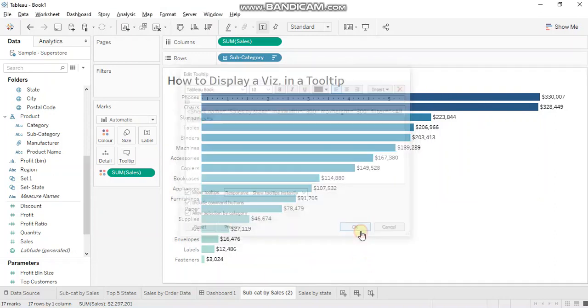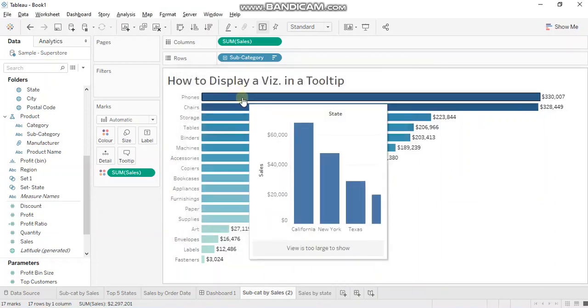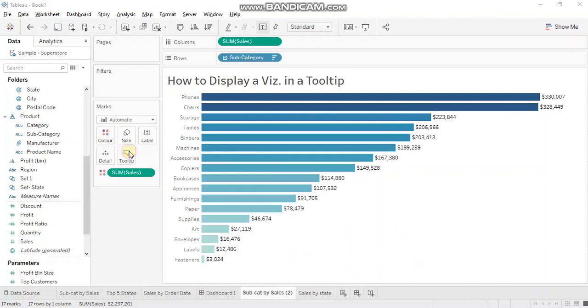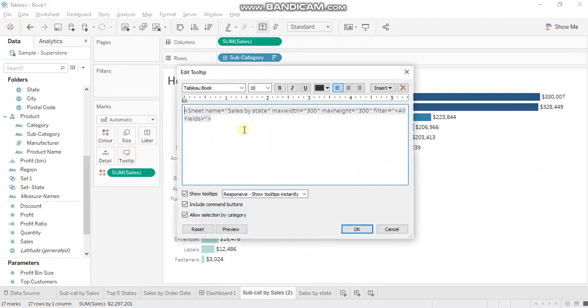Click OK. Now hover to test this. You can see the visualization is not completely visible because the dimensions fall short. And it also says the view is too large to show over here. So that means we need to adjust the dimensions of the tooltip. Here we have two attributes, max width and max height.